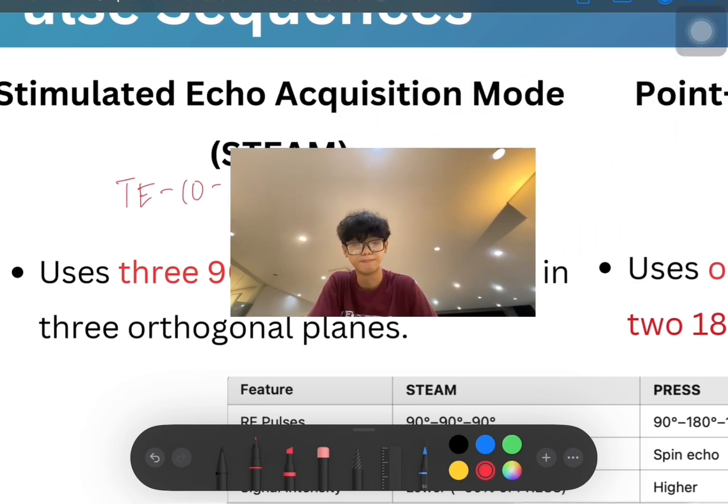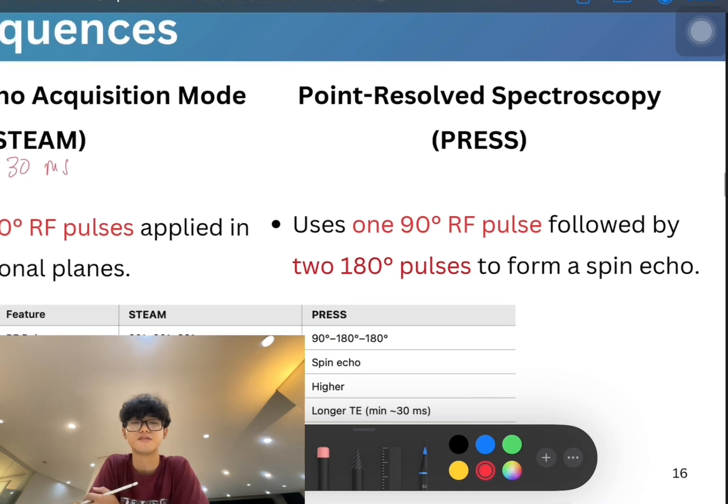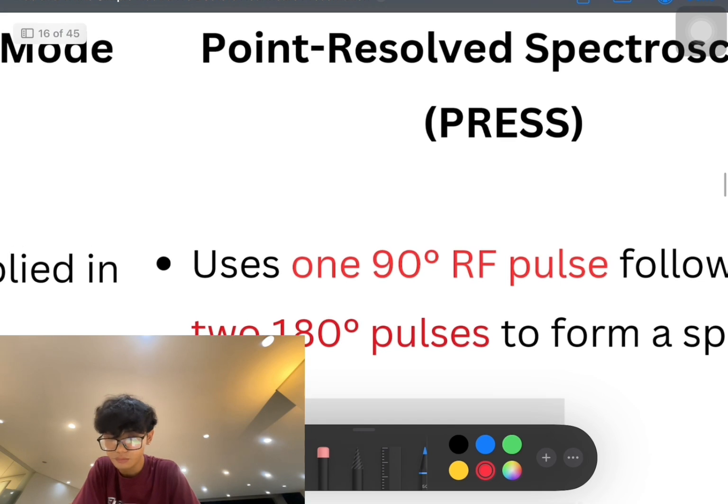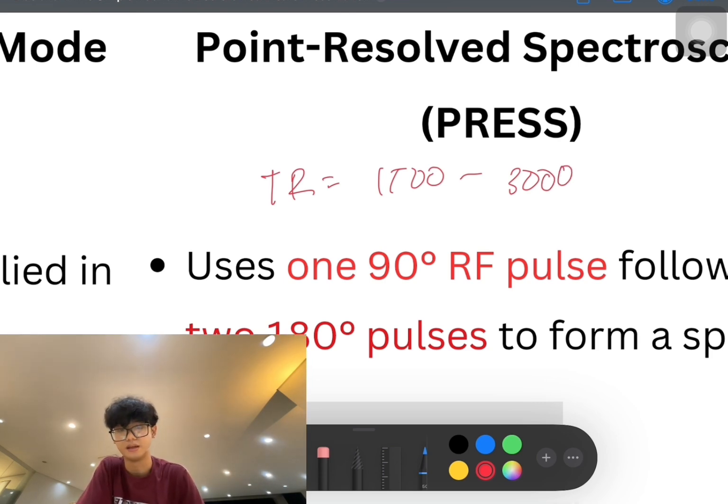We also have the point resolved spectroscopy, which uses a 90 degree RF pulse followed by two 180 degree pulses. This pulse sequence is commonly used for clinical imaging since it has a longer repetition time, which acquires more variable spectra of metabolites. This tool actually uses both a CHESS technique